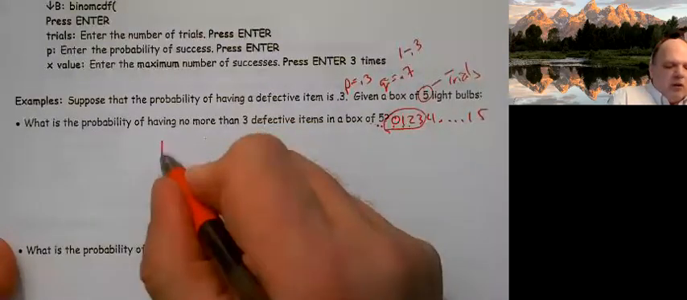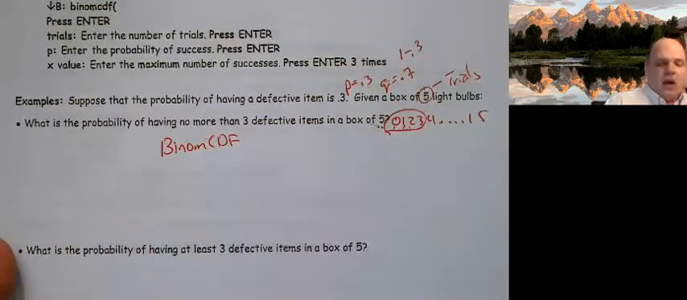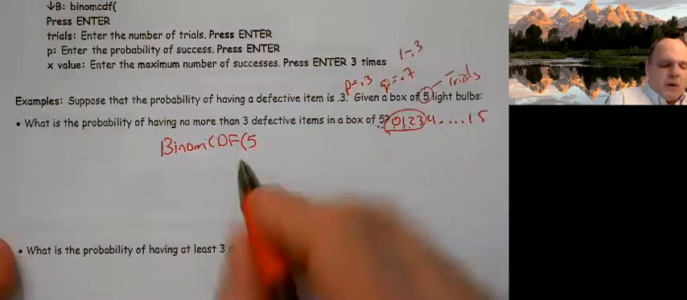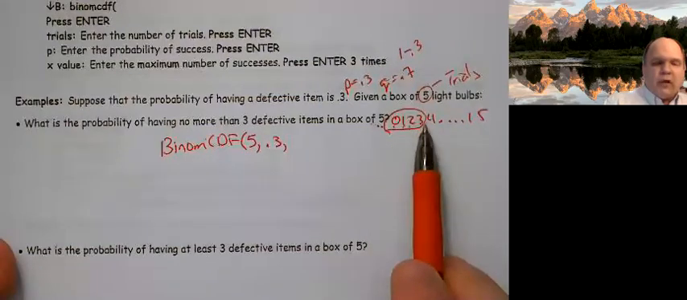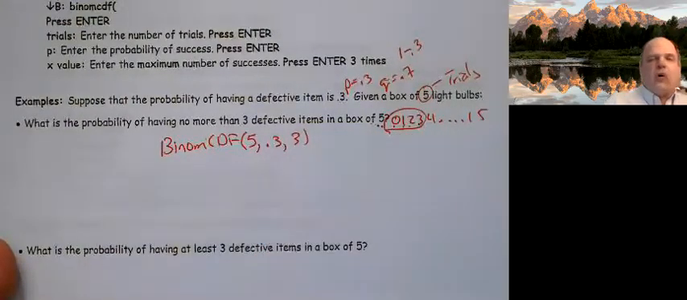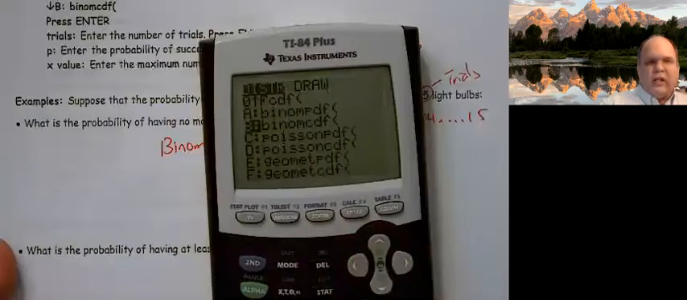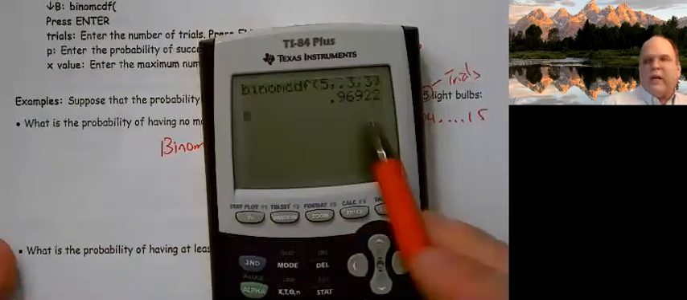Because I have multiple values, that means it's not just a binomial, it's a binomial CDF. However, my trials are the same number. There's 5 trials. My probability is the same, it's 0.3. However, here's what I'm going to use for X. I use the highest value I circled. The highest value I circled is 3, so this is going to be a 3. So let's go ahead and do that, and then I'll tell you what it did. So second VARS, binomial CDF, trials is 5, probability is 0.3, and our X value happened to be 3 in this case. When we do that, we end up getting